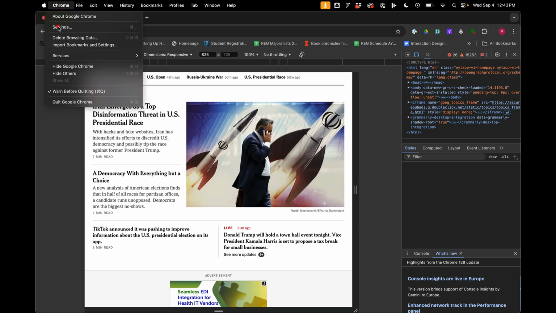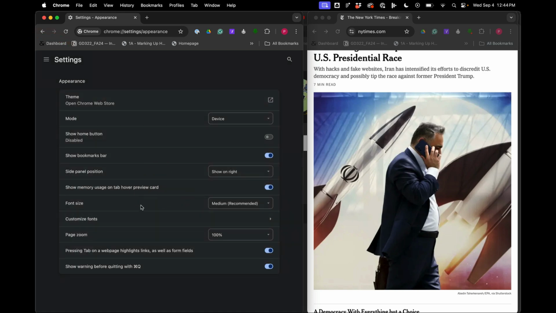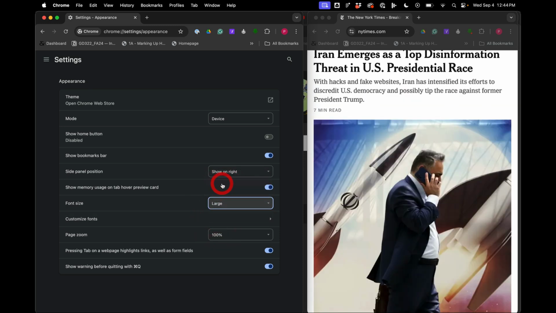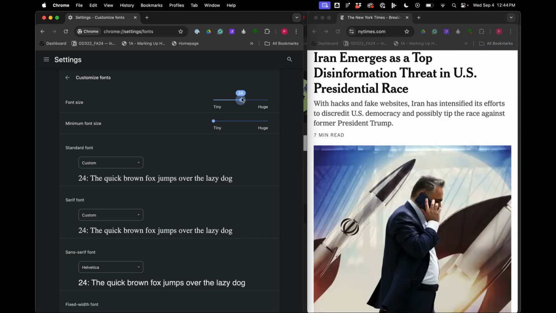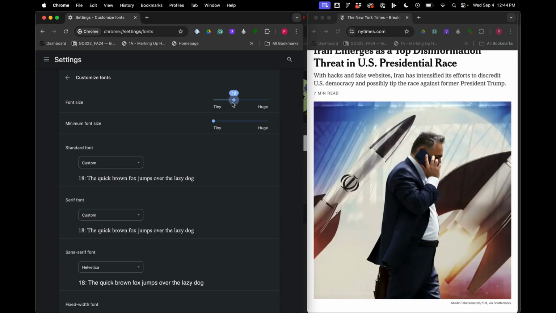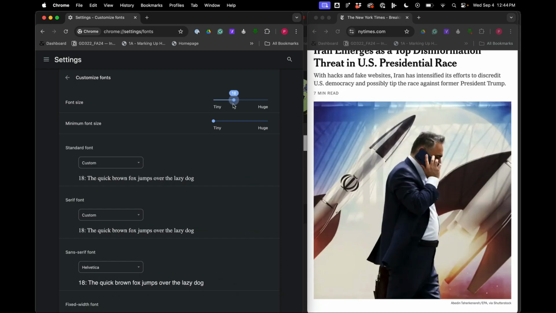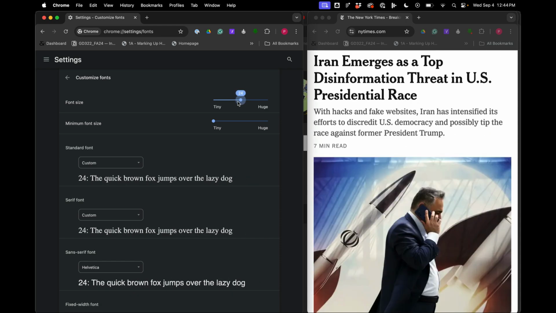So in Chrome, if I go to my settings, and I go to appearance, and then I go to font size, I can change this, and it will adapt to my preference. I can also just scrub over here. Now, if I set my type size in pixels, this wouldn't happen,